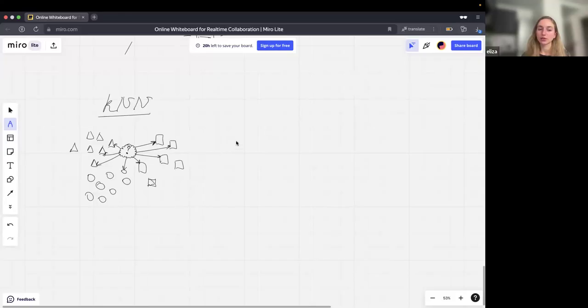For example, you can calculate Euclidean distance or Manhattan distance, and you need to take every data point in your dataset and calculate the distance between your object, for example A, and